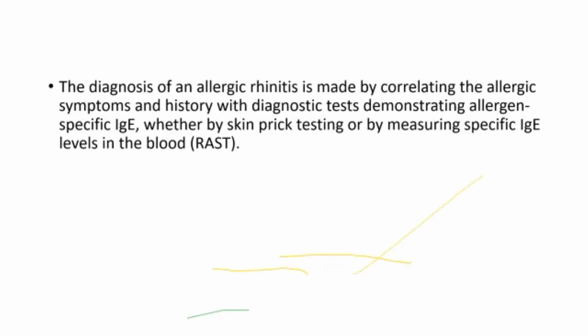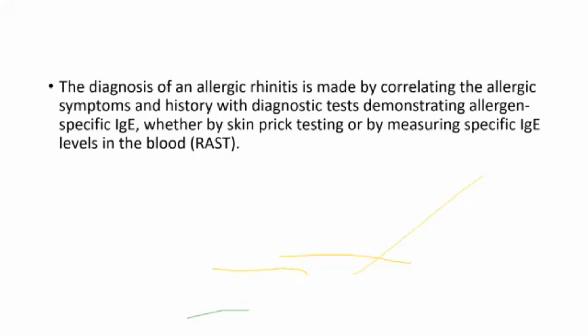That is RAST. What are we going to do? How is the diagnosis being done? We have to correlate the symptomatology, number one. Number two, history. Number three is the diagnostic tests. What are the diagnostic tests for allergy? Specific IgE. You will write serum IgE for the patient. And you can go for a skin prick test. You take an allergen and prick it in the skin, called skin prick testing. And measuring the IgE levels in the blood. So you can measure the specific IgE.